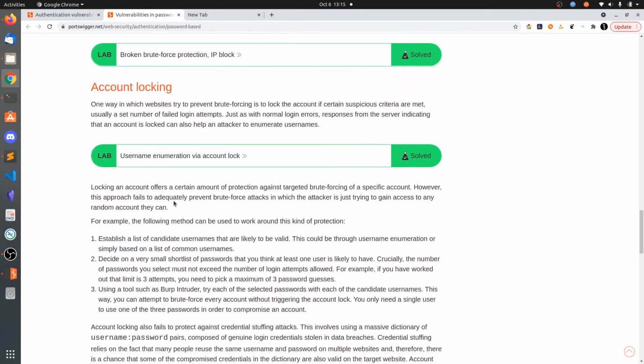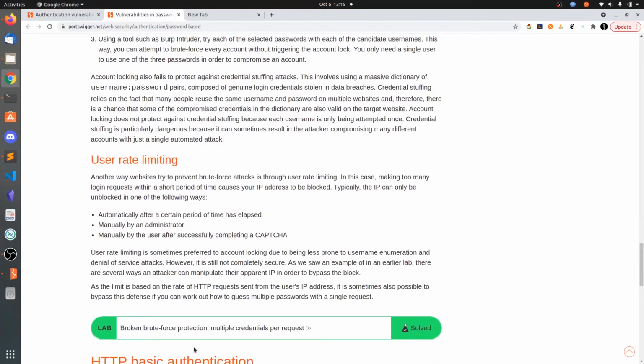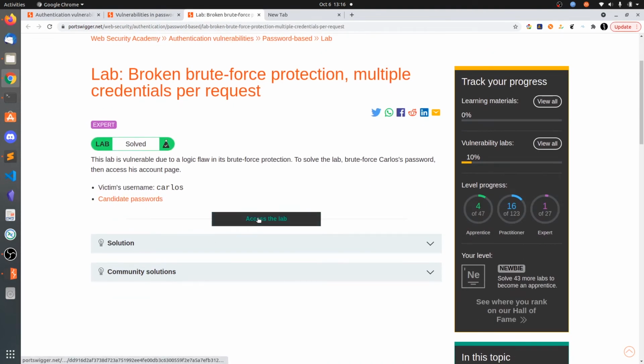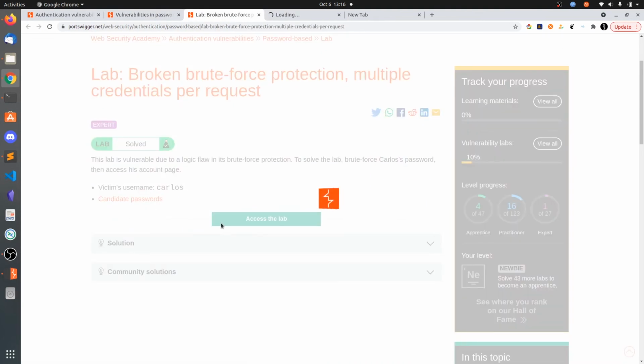So let's do another lab, user rate limiting. Here, this web server accepts multiple credentials at a time. So let's access the lab.